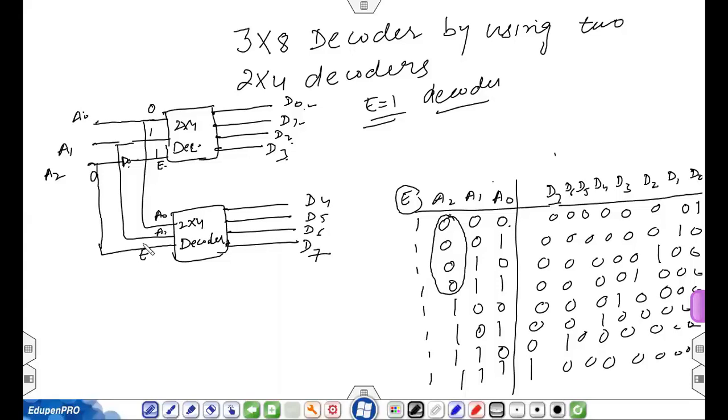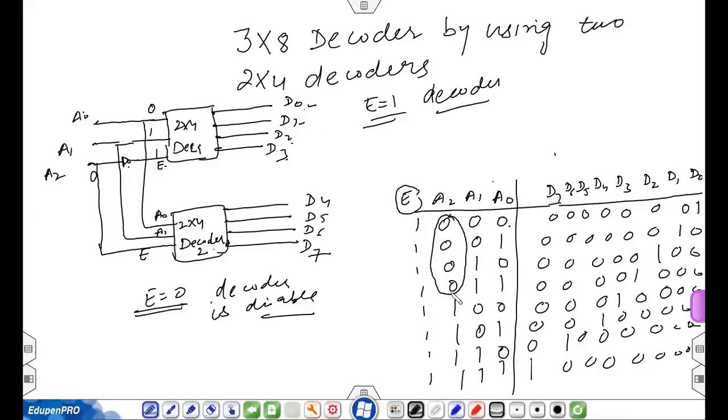Now in this case, if your A2 is 0 and this is your decoder 1, this is your decoder 2. Now your decoder 1 will be active, so I need to disable the decoder 2. This decoder will be disabled because 0 is going directly to the decoder 2. If your enable is 0, your decoder will be disabled. So in this case, for the first 4 cases, your first decoder will work, and for the next 4 cases,